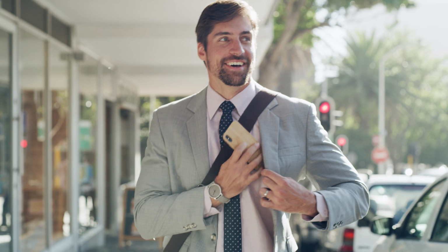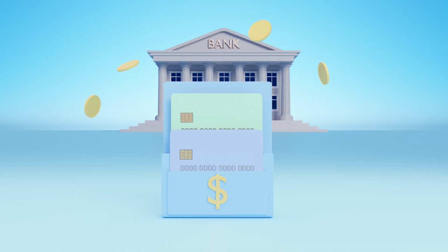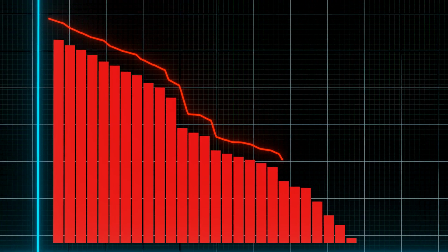And finally, if you're someone that wants to use this program, but maybe you're a little bit early on in your career, in your business, you don't have that 2 years of financial statements prepared yet, something to keep in mind is you may want to go ahead and get 2 products from Scotiabank. These can be credit card, a bank account, a line of credit. The reason for that is eventually when you want to apply for this product, if you have 2 other products with Scotiabank, you can typically qualify for what are called bundle discounts, so that reduces the interest rate you can get on the mortgage. Plus, by having those 2 products for a longer period of time, you can build up